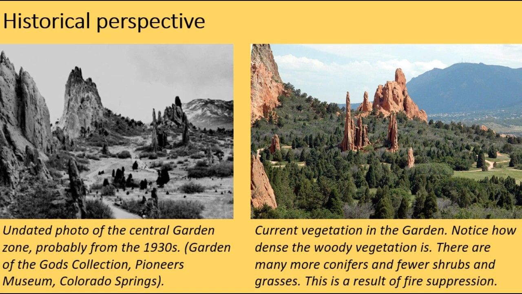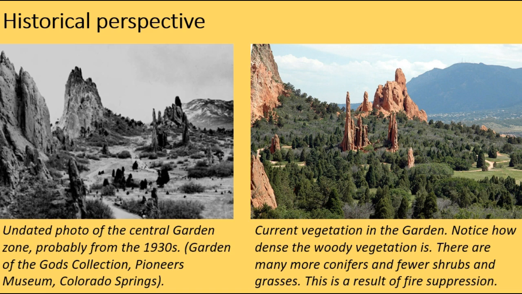And the picture on the right is just a modern picture. But notice how the picture on the left, about 80, 90 years ago, is mostly grasslands and shrublands. But now, over on the right, we see that there's way more forest,